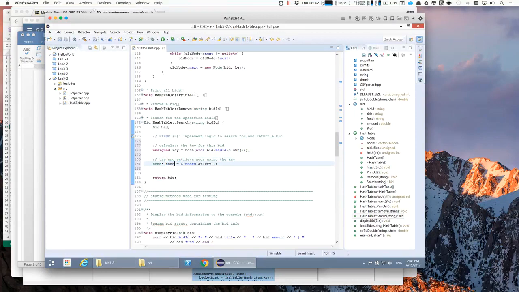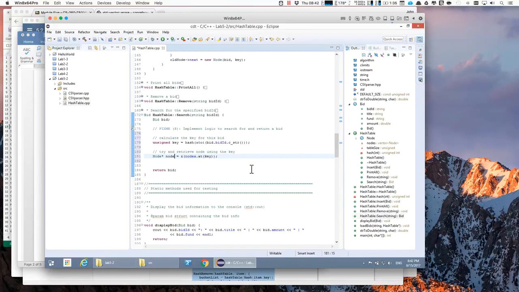And I think we'll call this node, it's not old node, just a plain old node. So we're kind of in the same boat as before. We're going to see if we can find it. If we return it, then we need to